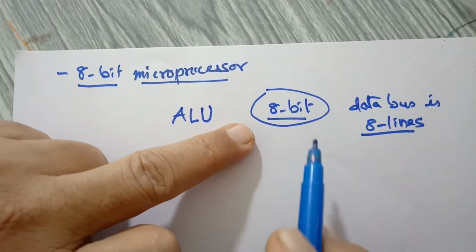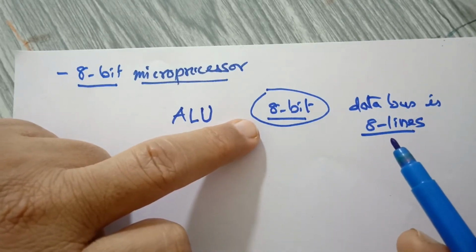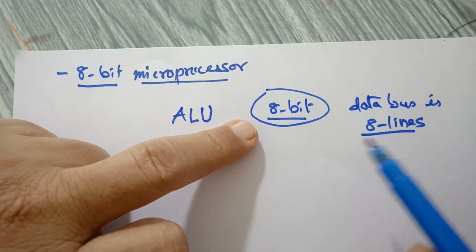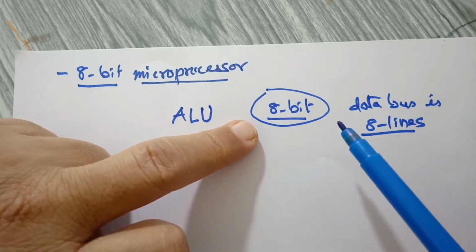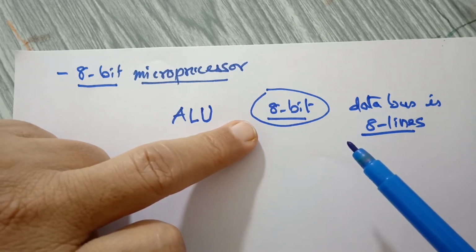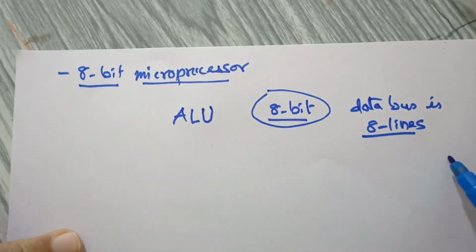This size is very important because it decides the speed of the microprocessor, right? Nowadays we are using 16-bit microprocessor, 32-bit microprocessor and 64-bit microprocessor. Imagine at a time a 64-bit number is added to another 64-bit number, and it processes that. That means it is very fast. It can process a large amount of data in a small time.